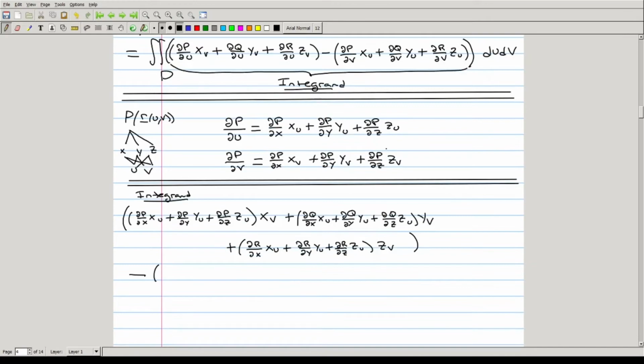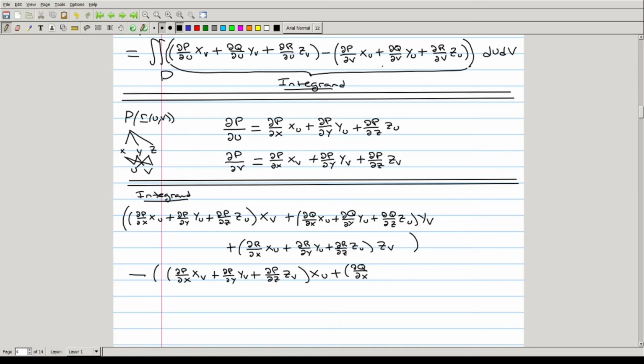And now we have to subtract out all of this stuff, which will be dp dx times xv plus dp dy times yv plus dp dz times zv, all of this times xu, plus dq dx times xu,